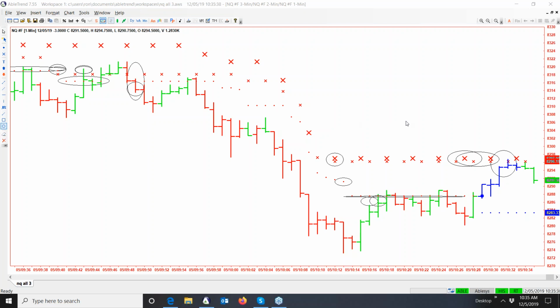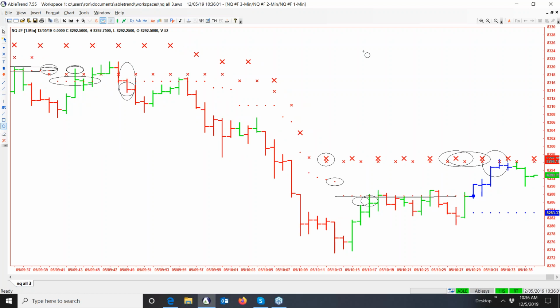Yeah. So a couple things. How hard or easy is it when somebody wants to throw in the InfinityAT data, the Transact data feed in here? Is it complicated or is it pretty straightforward? No, real easy. Let me show you right here. There's a login box in AbleTrend. You just click the login box, and very simply you click on Infinity, and you put in your Infinity username and password.